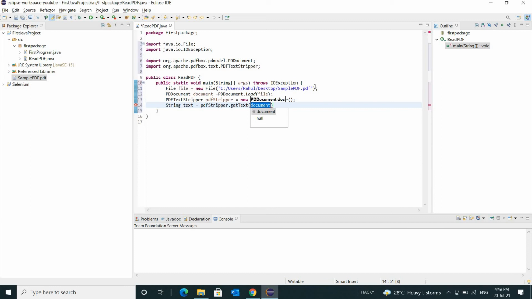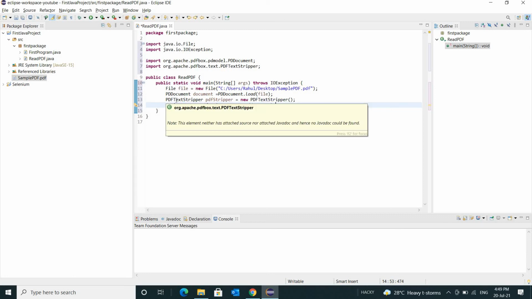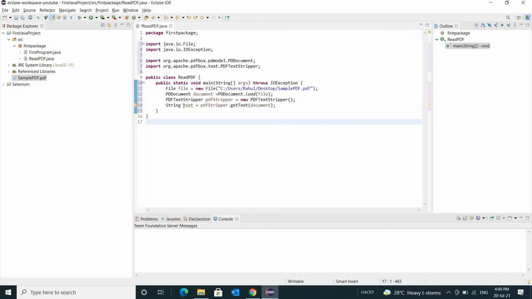Now just see how I'm doing this. See, first I have created an object of PDDocument in which I pass this file address. Then I have created an object of PDFTextStripper. Then I have created a string, and then using PDFTextStripper.getText, I pass this document here.